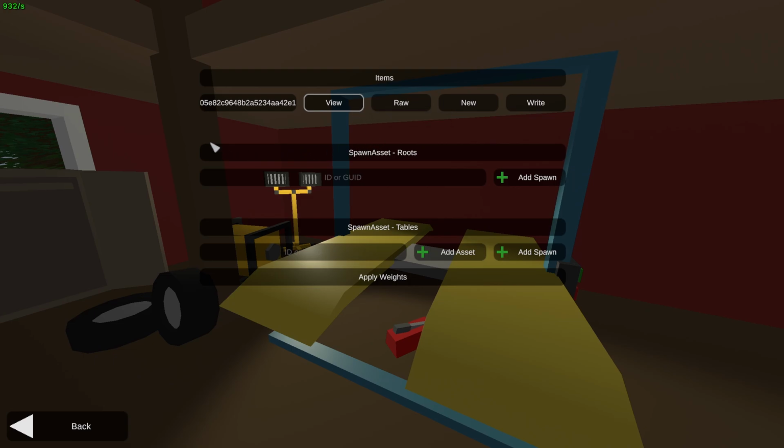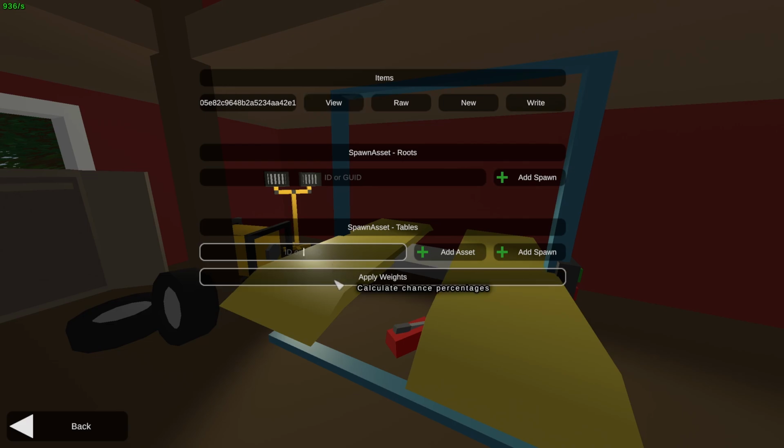And now I'm not going to cover the spawn asset routes because you don't need them to create a custom airdrop with your items. I'm only going to cover spawn asset tables. So this is where you can add your items that should be included in this airdrop that you're creating. For example, I'm going to add maple strike to my airdrop. So you need to enter the numeric ID of this item. I remember the ID of maple strike,